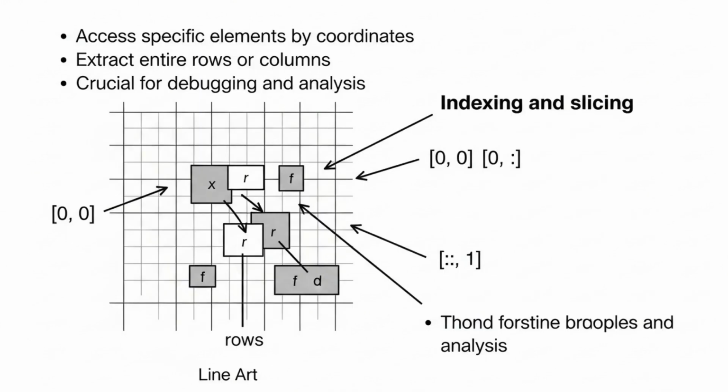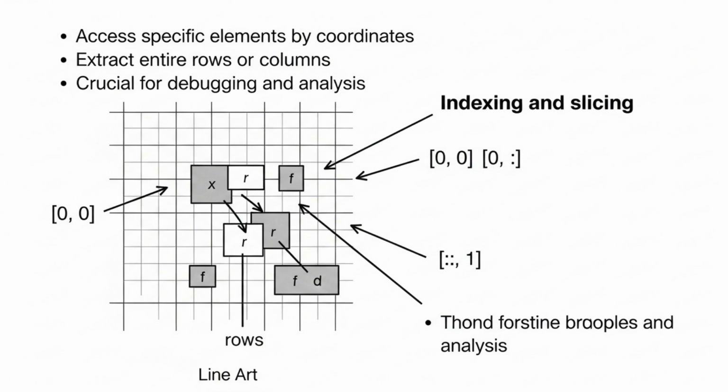All right, you've created your matrices, filled them with data, but how do you actually look inside them? Navigating through matrices is like having a precise GPS system for your data. You need to be able to access specific elements, entire rows, or even whole columns to truly understand what your AI system has learned or to modify its behavior. Using Python, it's straightforward. image_matrix[0, 0] gives you the top left pixel. image_matrix[0, :] grabs all pixels in the top row, and image_matrix[:, 2]